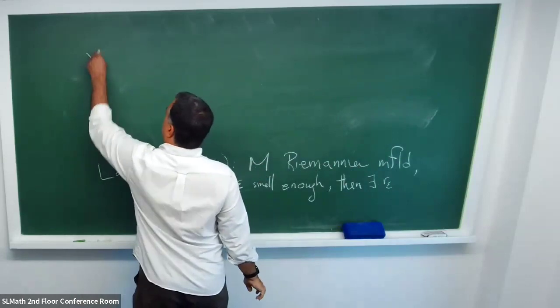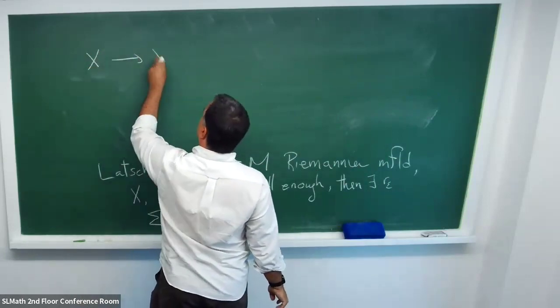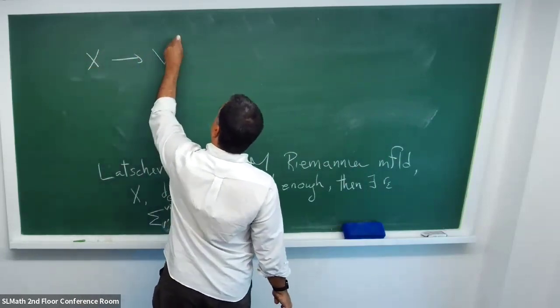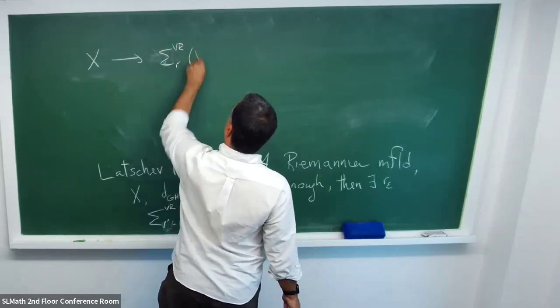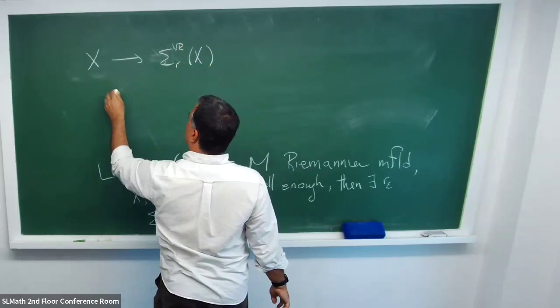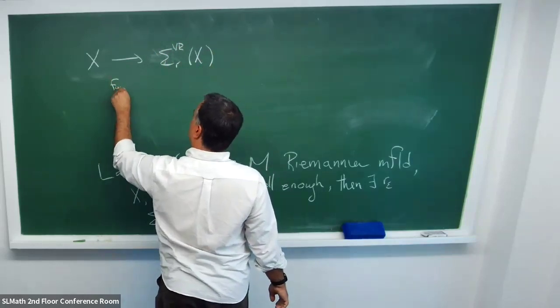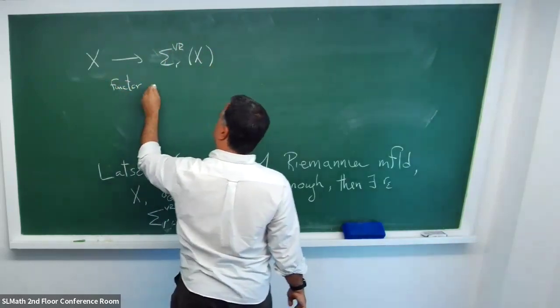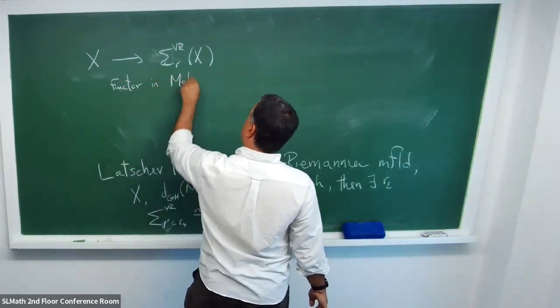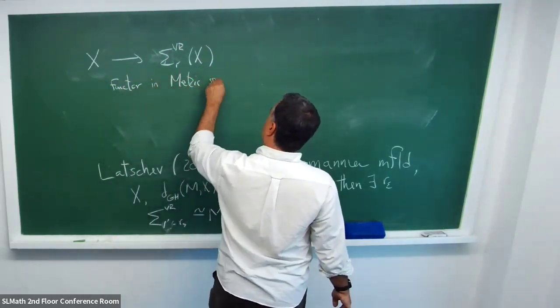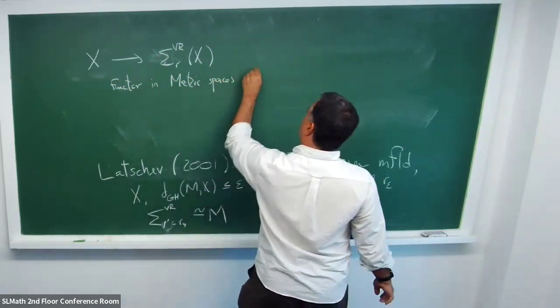So if I take X, I go to R, X. This is a functor from, usually it's called CMet, metric spaces with